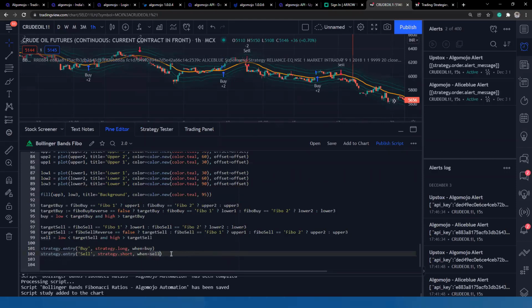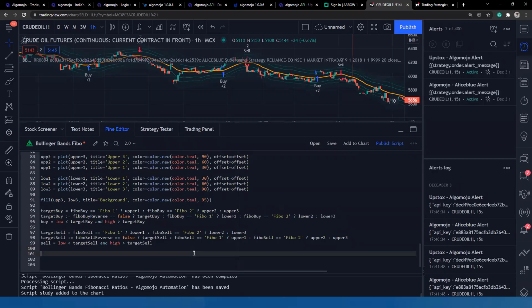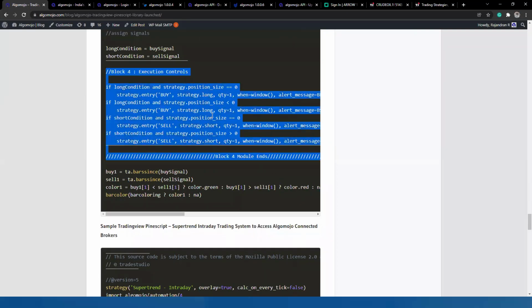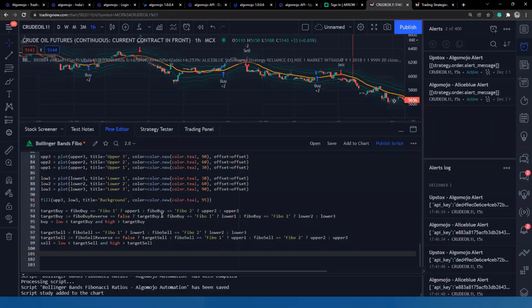What I am going to do here is remove this, since it is only a long-only module. It is very similar to SuperTrend, the sample module that I provided. If it is only a long-only module, or a plain vanilla intraday module, I can simply remove it because the strategy does not have much complexity here. So I'll go to Algo Mojo, go to the block 4 of SuperTrend, and copy block 4. I'll copy the above one also, and go to the code and add it over here.